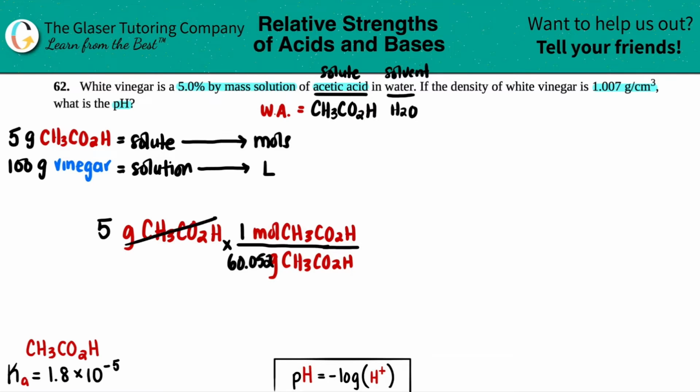Okay, grams cancel out with grams. And now we found the first part. 5 divided by 60.052. We're still not at the exact answer that we want for the pH, so try not to round. I'll extend this a couple of decimals. So 0.08326. And that is now moles